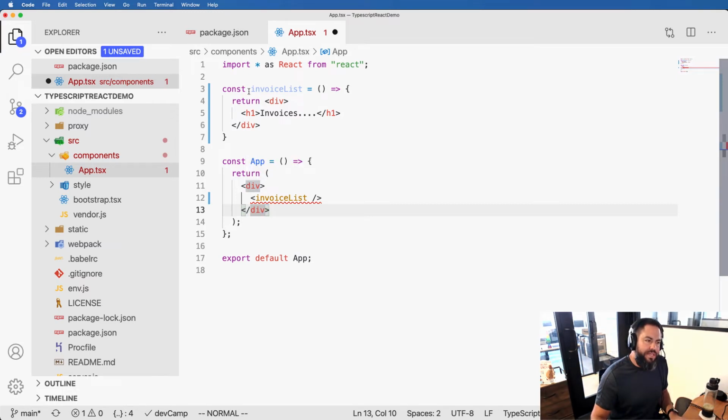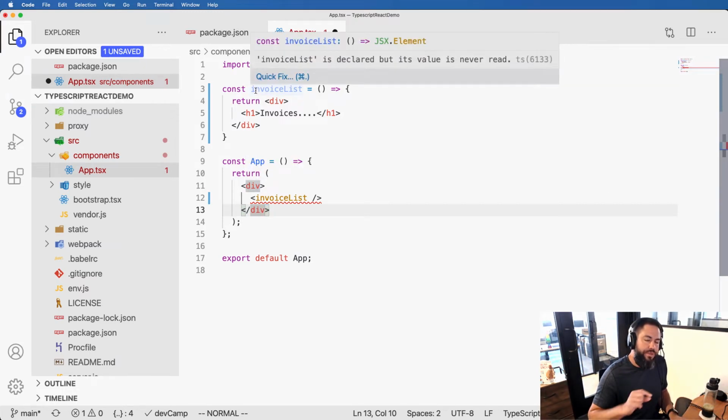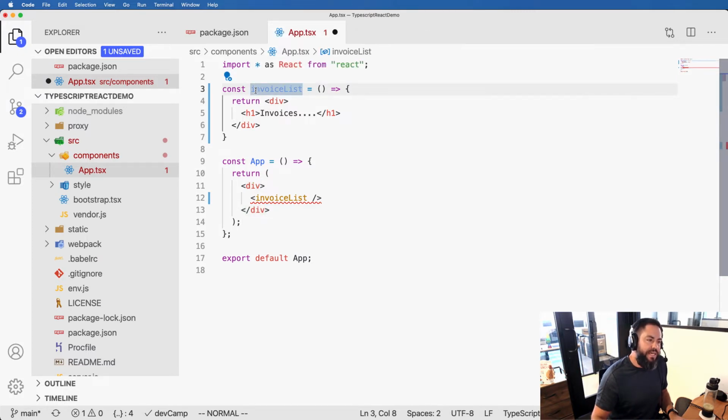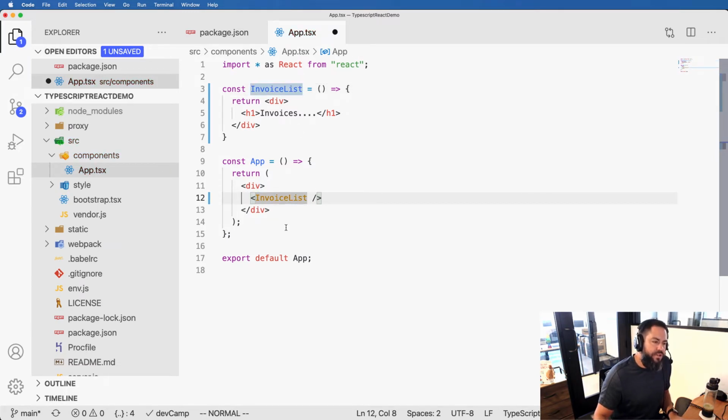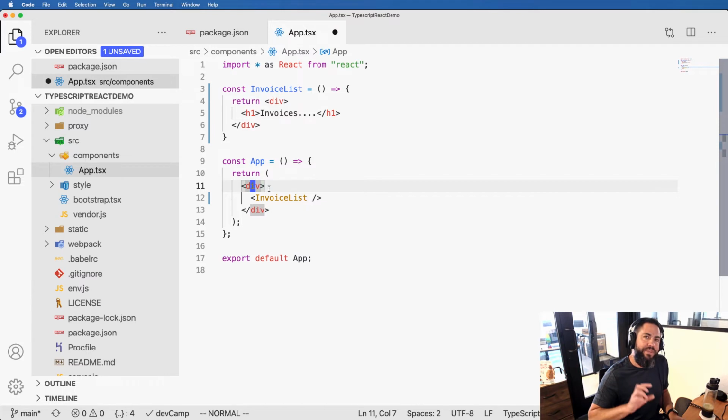The capitalization is important because with how JSX parses everything, when it sees a capital in a tag like this, it thinks, okay, this is a component. If it sees a lowercase letter, like our div, it thinks that it's an HTML tag. So that's the reason why the capitalization is important, and that's the way I'm going to be using it throughout